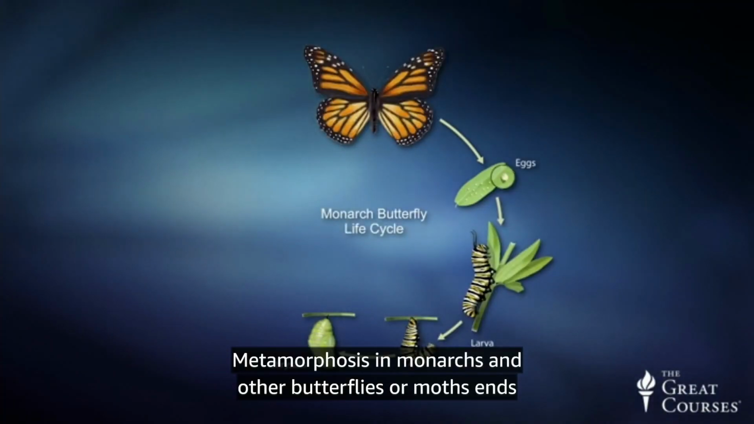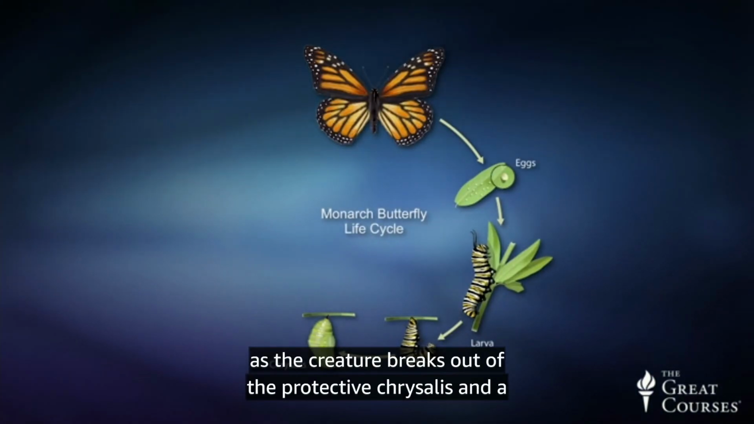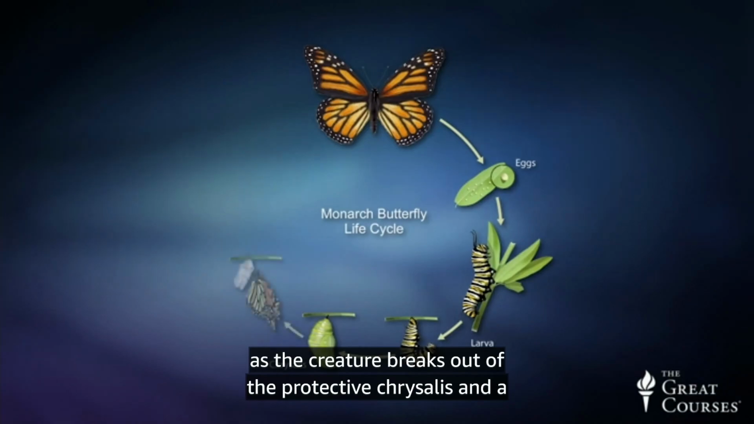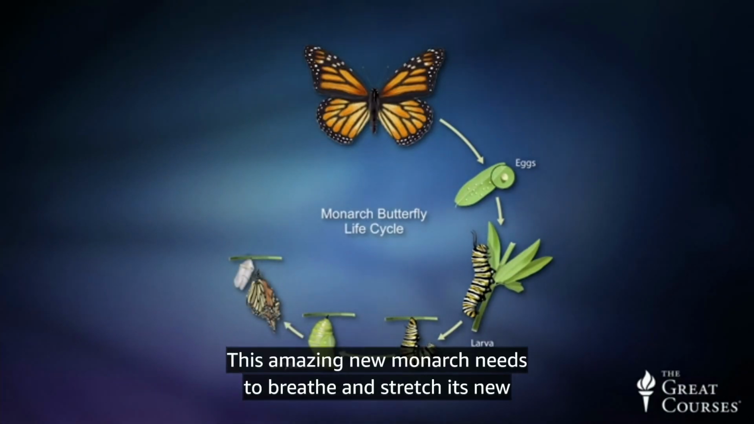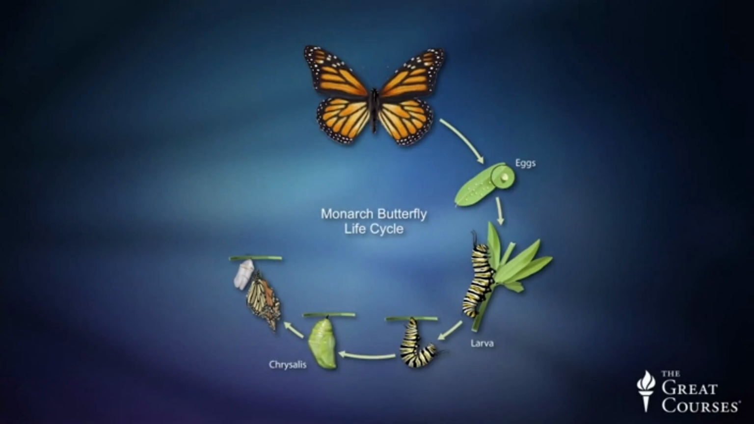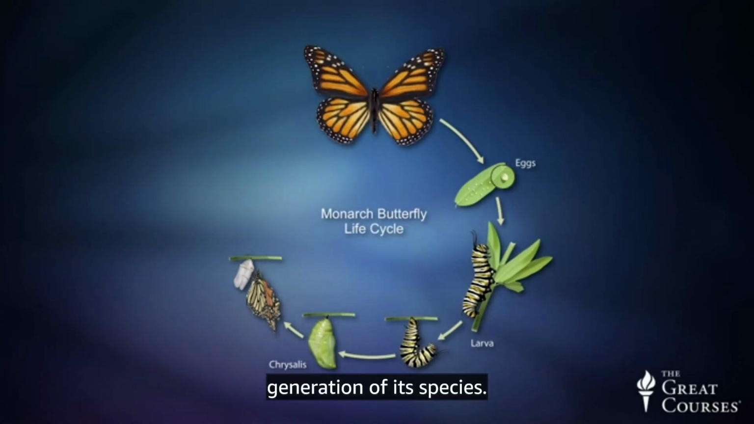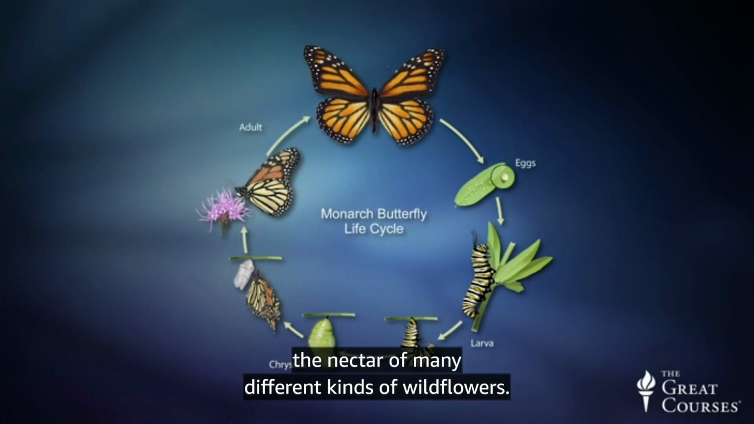Metamorphosis in monarchs and other butterflies or moths ends as the creature breaks out of the protective chrysalis and a beautiful adult emerges. This amazing new monarch needs to breathe and stretch its new wings before it can fly and find mates to create the next generation of its species. To do this, its mouthparts also change so the adult can feed on the nectar of many different kinds of